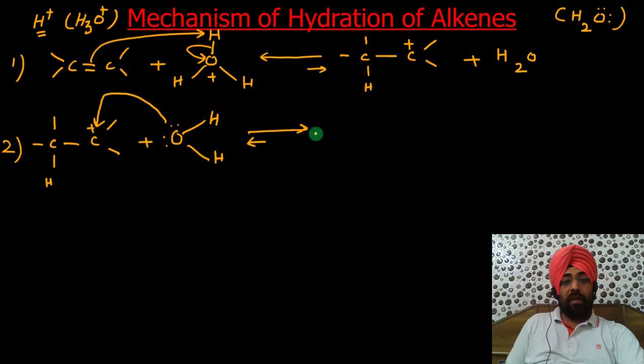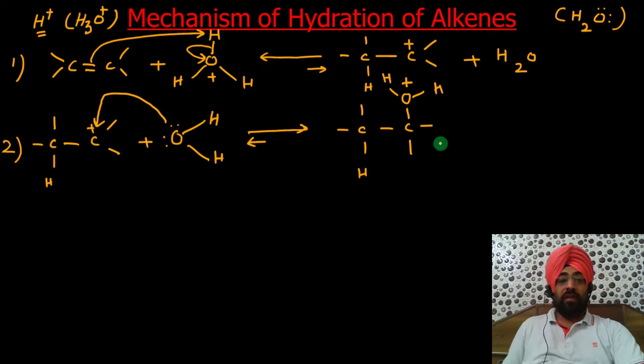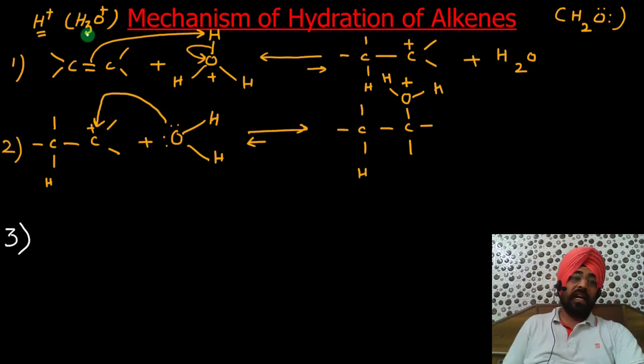So the product will be C H C oxygen H H, and it contains a positive charge. Now oxygen, as it has donated its electron, so now the positive charge will remain on oxygen. Now this is the second step. Now the third step, which is, you can easily guess the third step. Now we say H3O positive is a catalyst, but in these reactions we have consumed it.